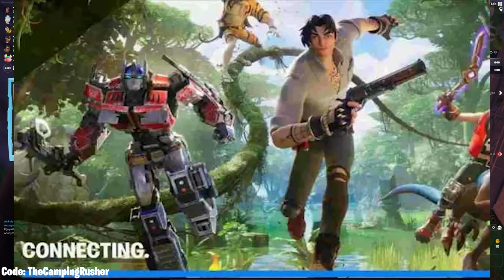Of course, it's not the highest quality. This is one of those low-key leaks. I believe it was on Reddit, posted initially. And there's a Transformer skin, Optimus Prime, a new weapon, a bunch of the Battle Pass skins. We're going to go through everything about this, but let's start with the big one that stands out, the Transformer